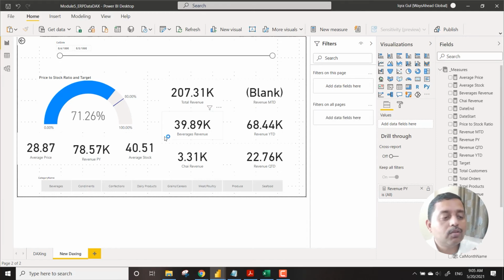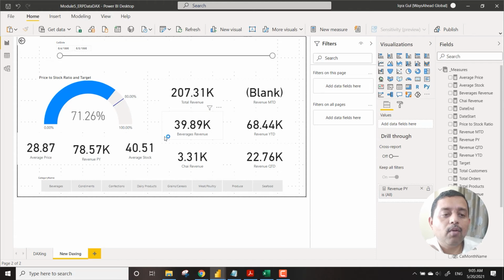Now everything looks fine except the MTD, and I'll tell you what the reason is, and the logic should be clear over here. So what has happened in MTD, why is it coming in YTD and in QTD, not in MTD? So remember, when we were working with the calendar formation, we had a start date and an end date.